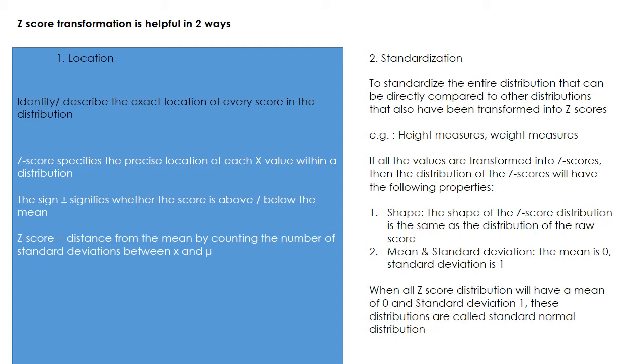So same like mathematics, when we learn, we usually do a lot of transformation, like from kilometers to meters, and then from meters to centimeters. Why? Because we would like to make the comparison easier. It has to be on the same scale in order to make the comparisons. Okay. So what happens if all these z-scores are being transformed?